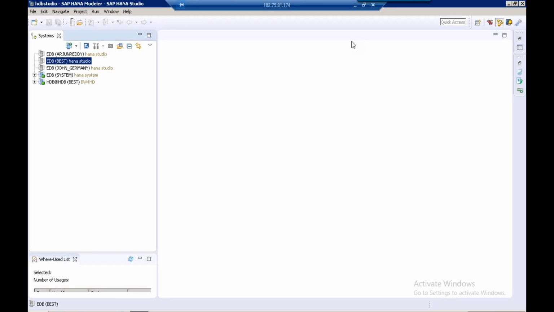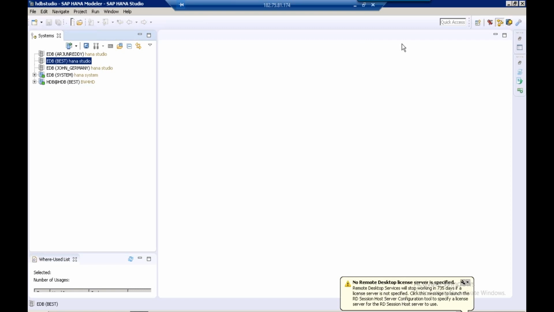We're going to see how we are going to create calculation views of type dimension. So in this session, in the practical that I'm going to show you, I'm going to focus on how we can create calculation views of type dimension. So what I'm going to do now,